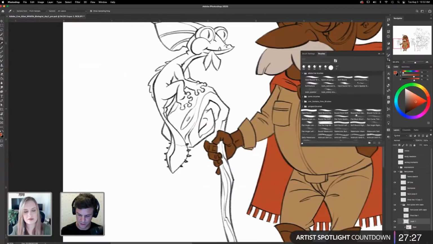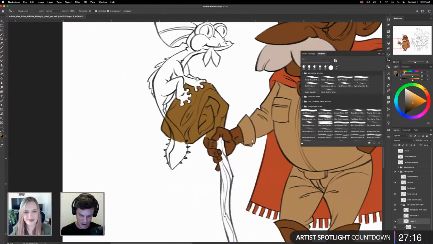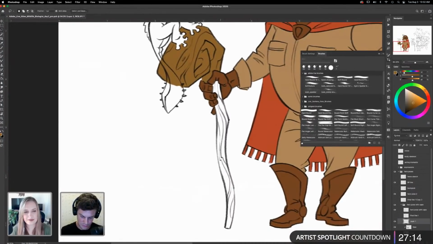These probably are not the final colors, but I'm like, okay, I need to get this in there, I need to do this, and slowly figure out how these are all going to work together.